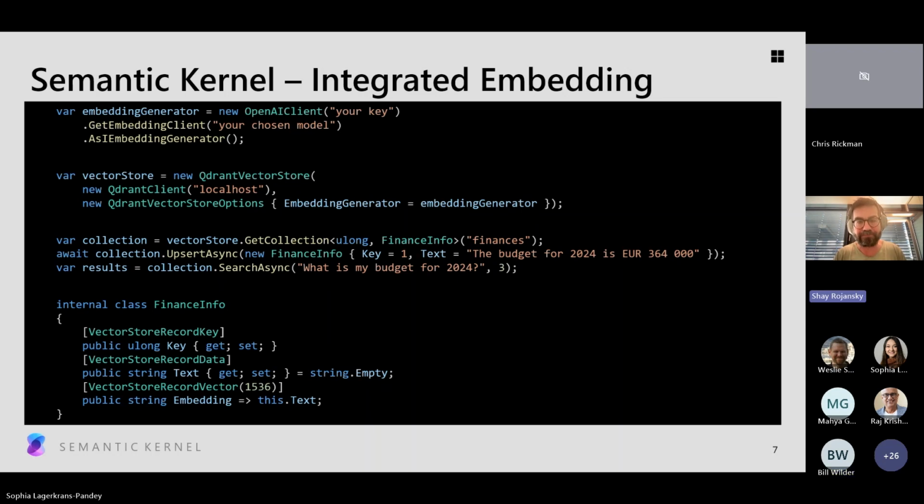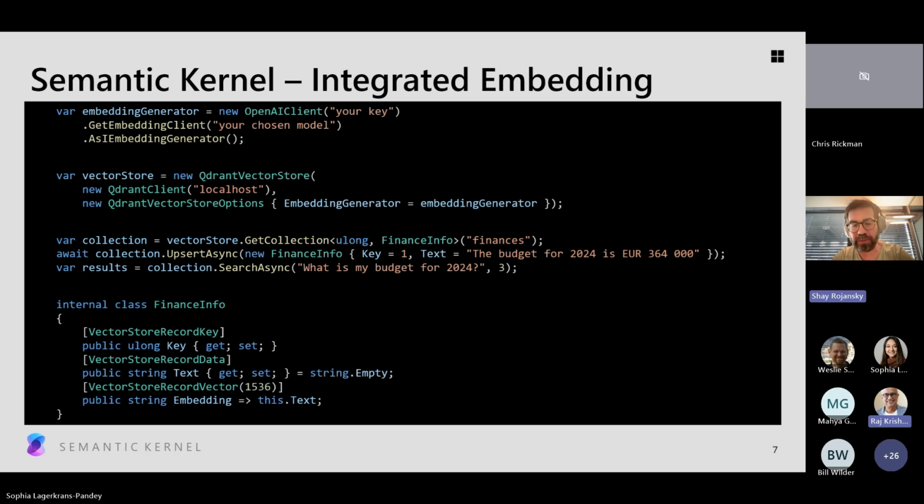Thank you. Awesome. Yeah, this is really good. Because now when you do the upsert and search, you're automatically calling the embedding generator behind the scenes to create the embeddings and then put it in the collection or search, right? So I have another question. For example, Qdrant has the metadata filtering capability, right? When you do a search. Can you do this here? I only see 2 parameters here, the search query and the top results. Can you do metadata filtering and things like that? That's part of Qdrant. Can you do that?